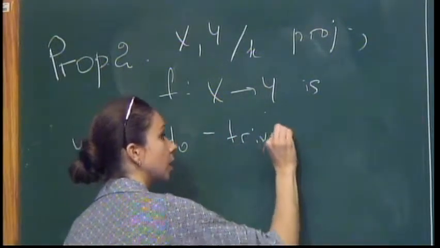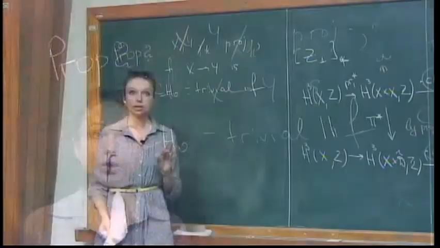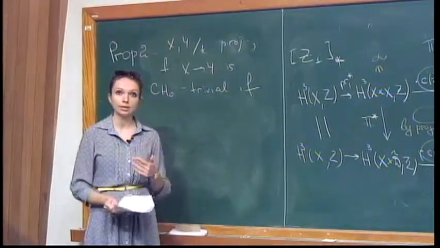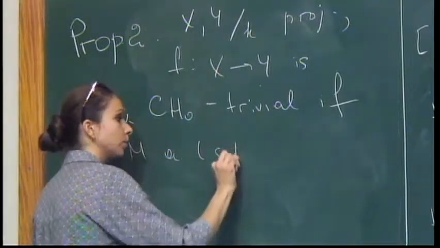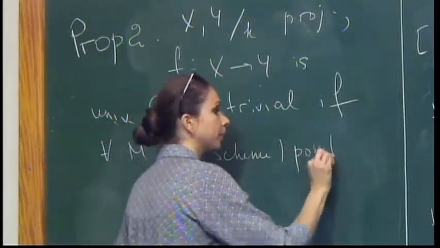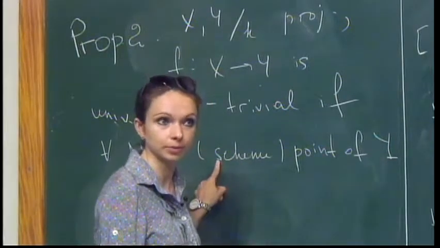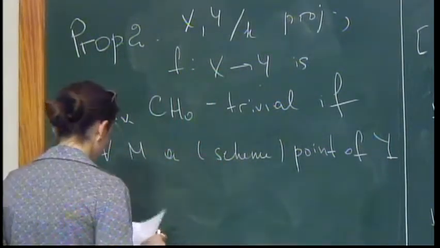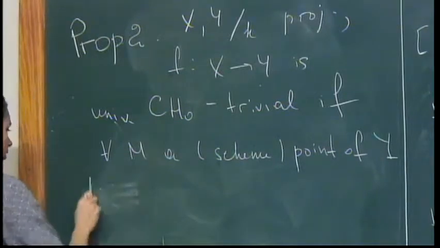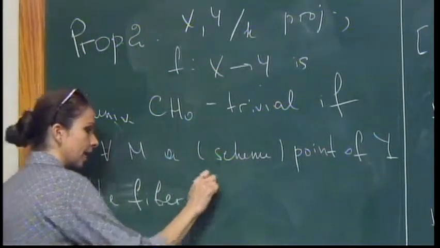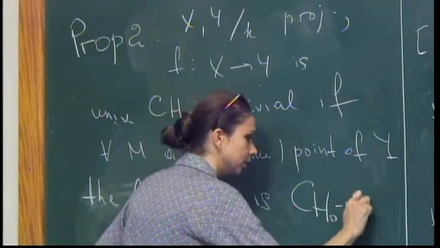is universally CH0 trivial if the following condition holds: it is the case for the fibers. But here it's not only fibers at closed points, but really all the scheme fibers. Okay? So if for any m a scheme point of Y, well, typically you will be interested in points coming from function fields of curves here, the fiber X_m is universally CH0 trivial,